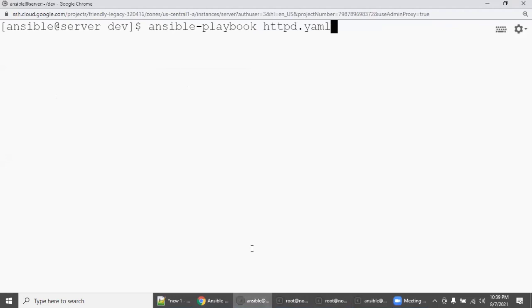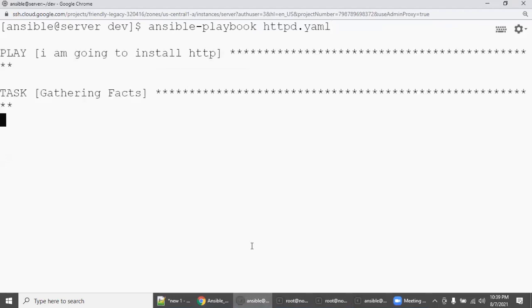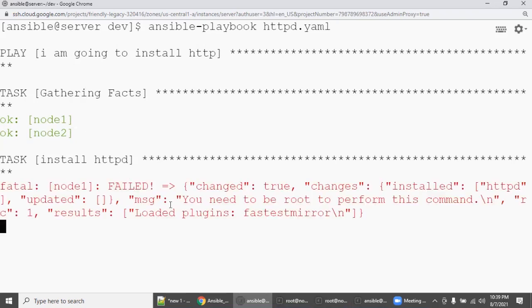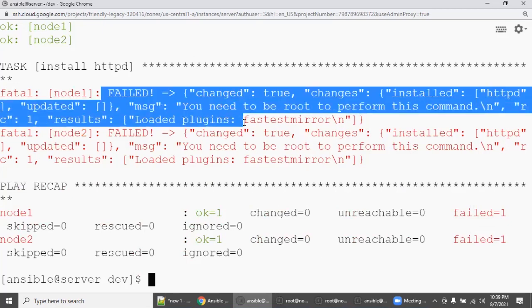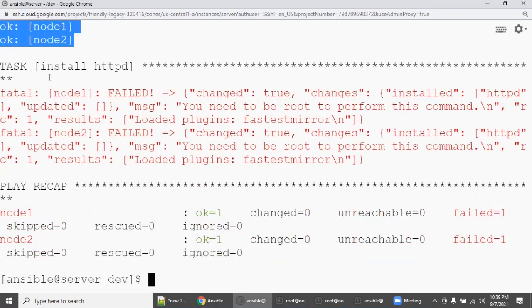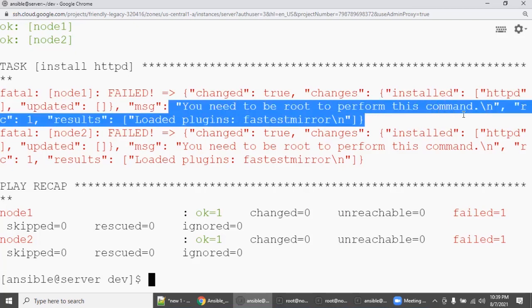So let us execute from the Ansible server. It's going. Facts we will see in detail. See here, it's clearly saying it actually started. It is trying to log in and gather the facts, everything. But when it tries to install, it's clearly saying you need to be root to perform this command.